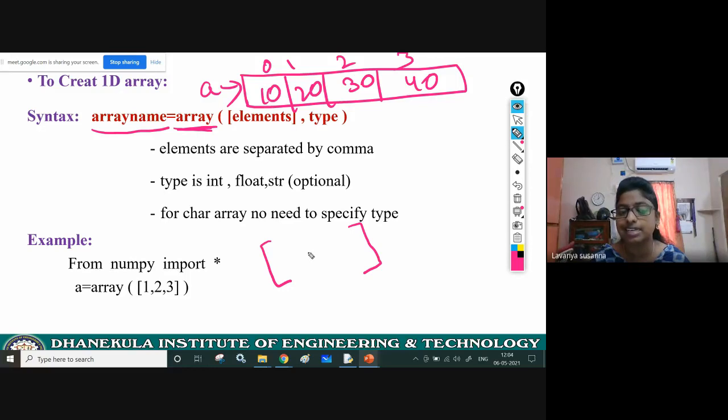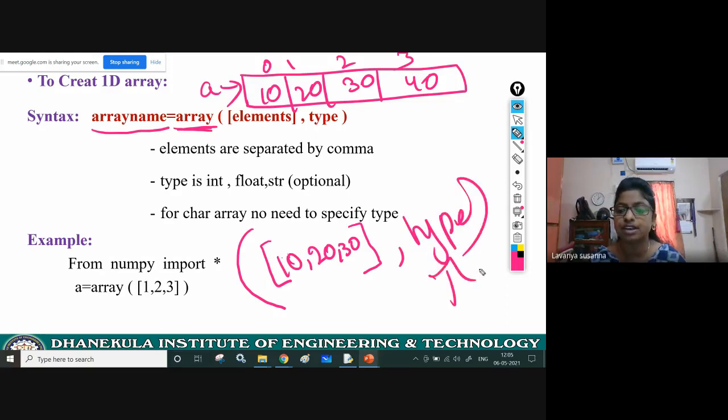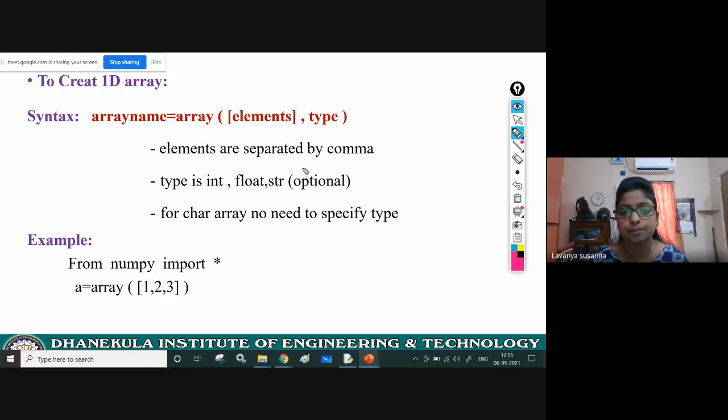Once again, the syntax of array: take any variable name equal to array, open and close braces, and inside that all the elements must be specified in square brackets. Next to a comma, you can give the type. Type is optional, like int, float, string. This is the syntax of array.